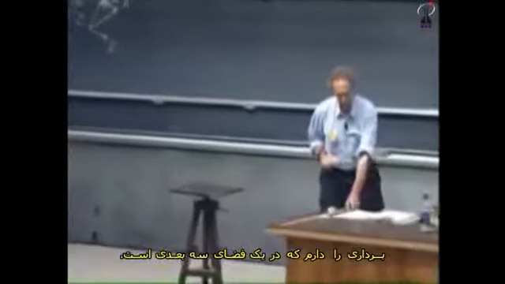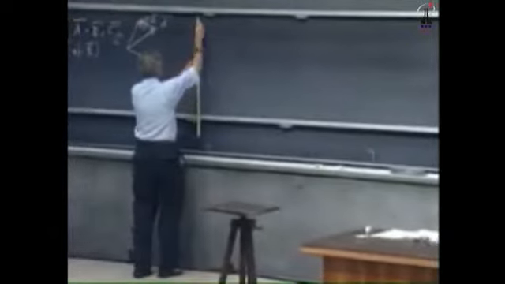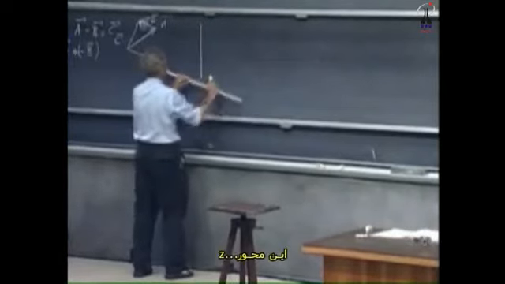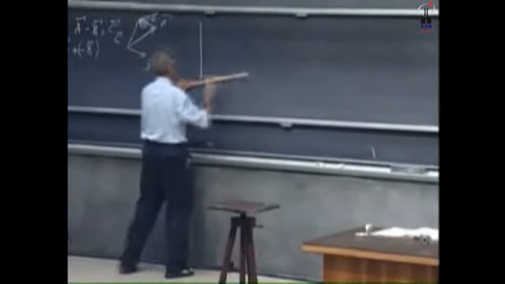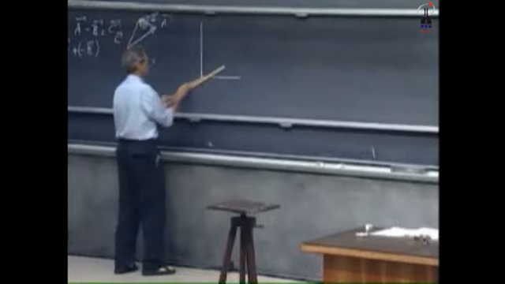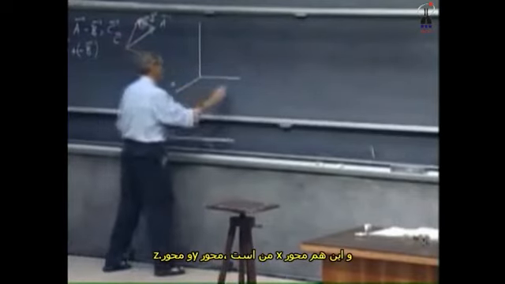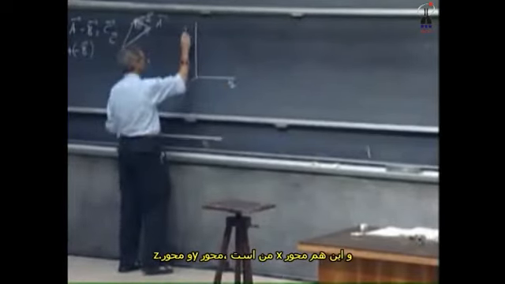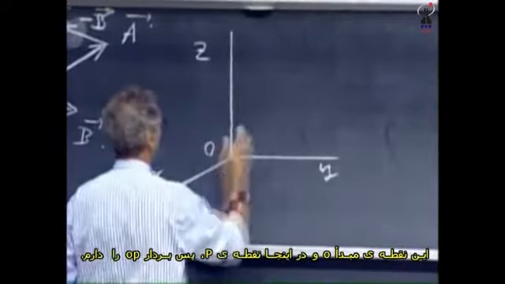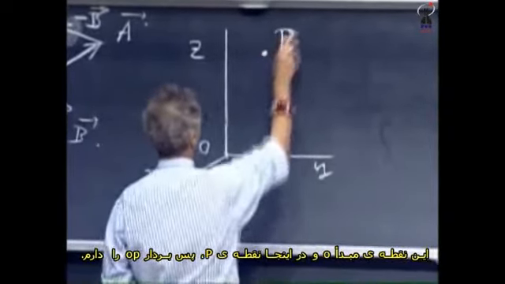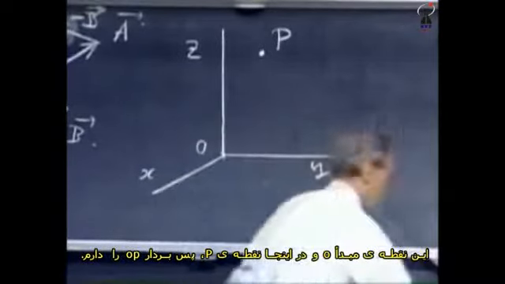I have a vector which is in three-dimensional space. This is my z-axis. This is my x-axis, y-axis, and z-axis. This is the origin O, and here is a point P,